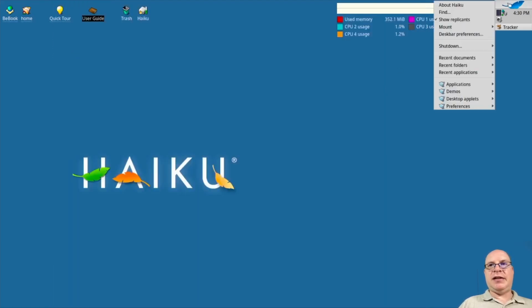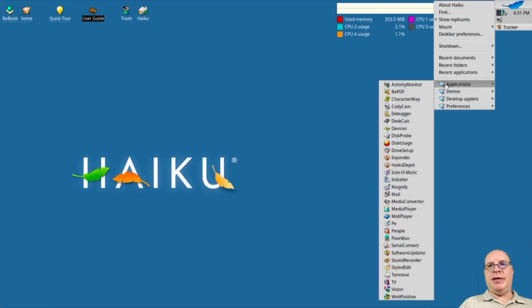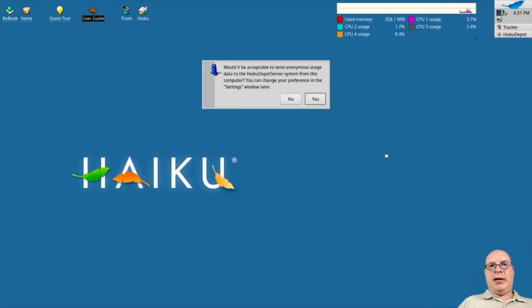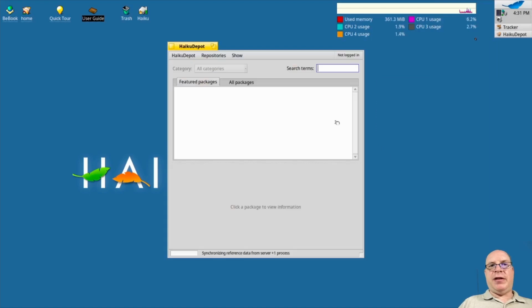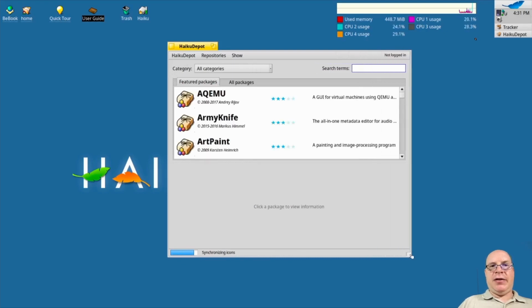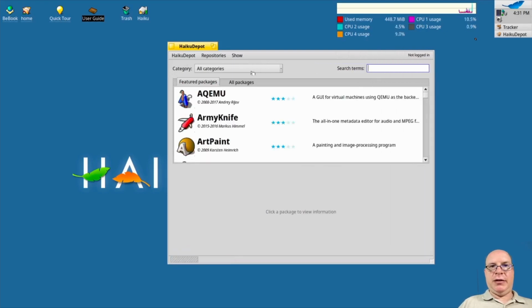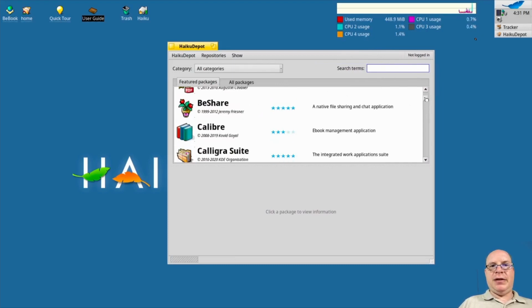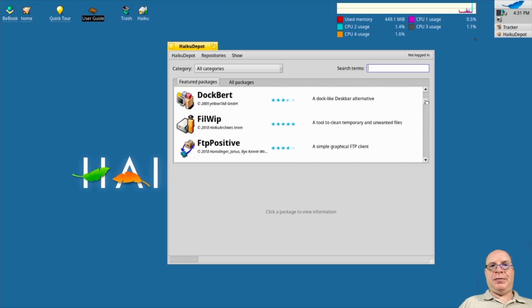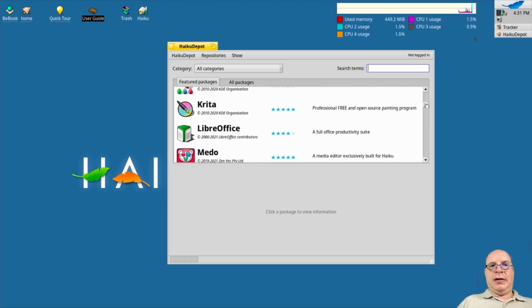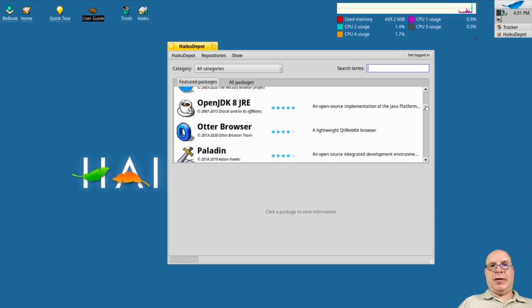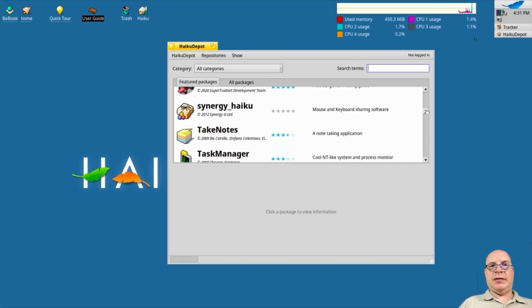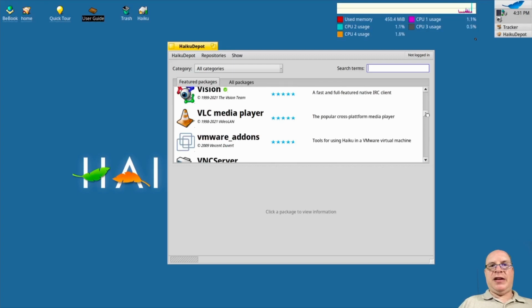How convenient. Right-click on Deskbar. Let's open up the software depot, HaikuDepot, they call it. Let's look at the various featured packages. QEMU, Calibre, LibreOffice, Telegram, VLC player,